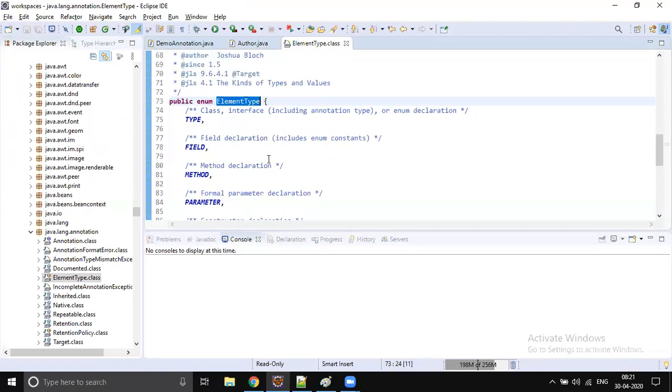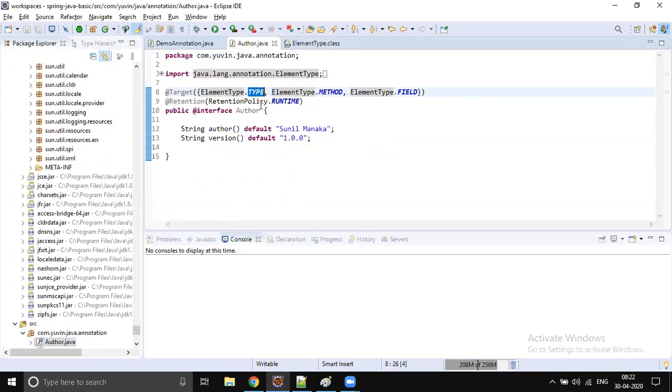If you specify a type, this annotation is allowed on top of that. So the custom annotation we wrote is allowed on top of a class, interface, method, or on top of a private or public field, a variable.